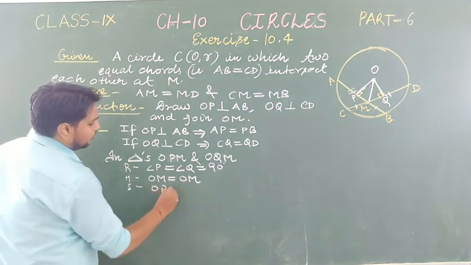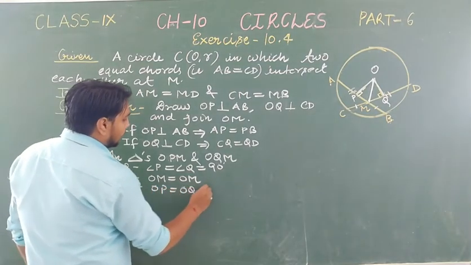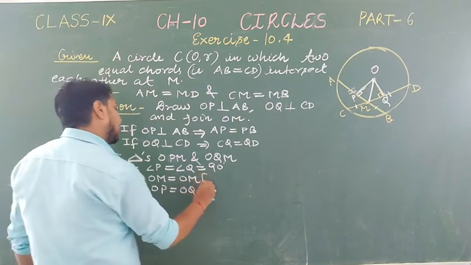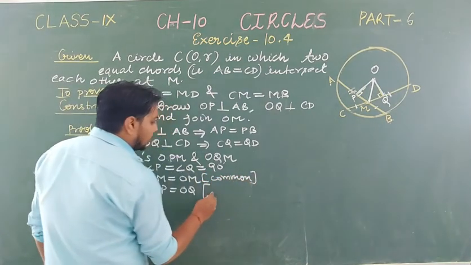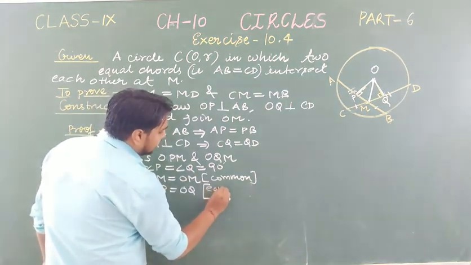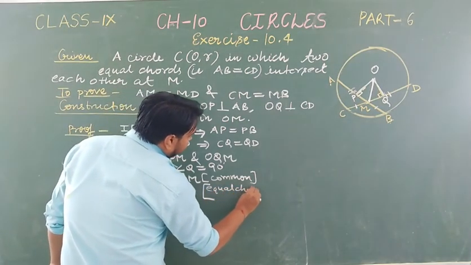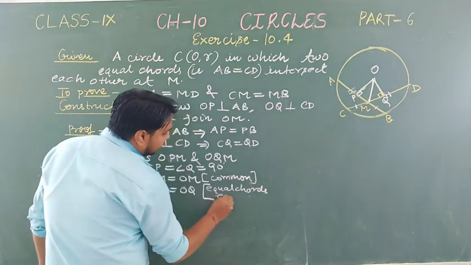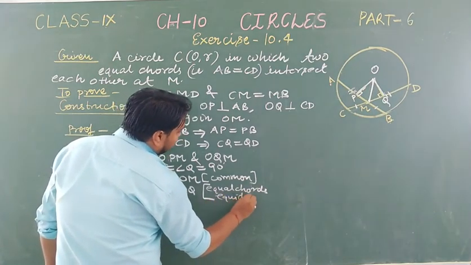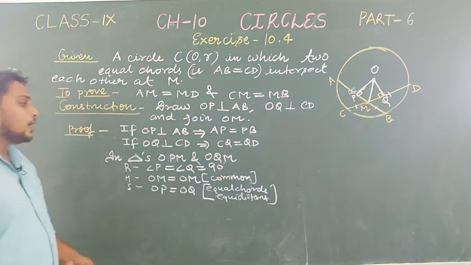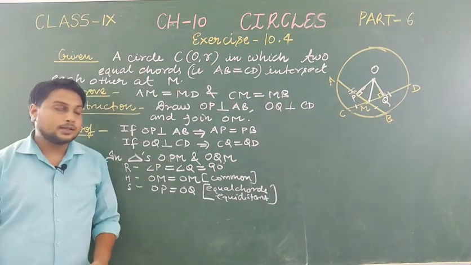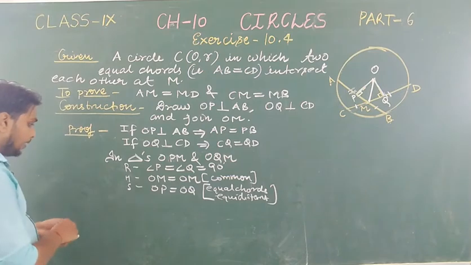OP is equal to OQ, because here we will write that it is common, and here we will write that equal chords are equidistant. We have studied this theorem that chords which are equal are equidistant from the center. So students, by